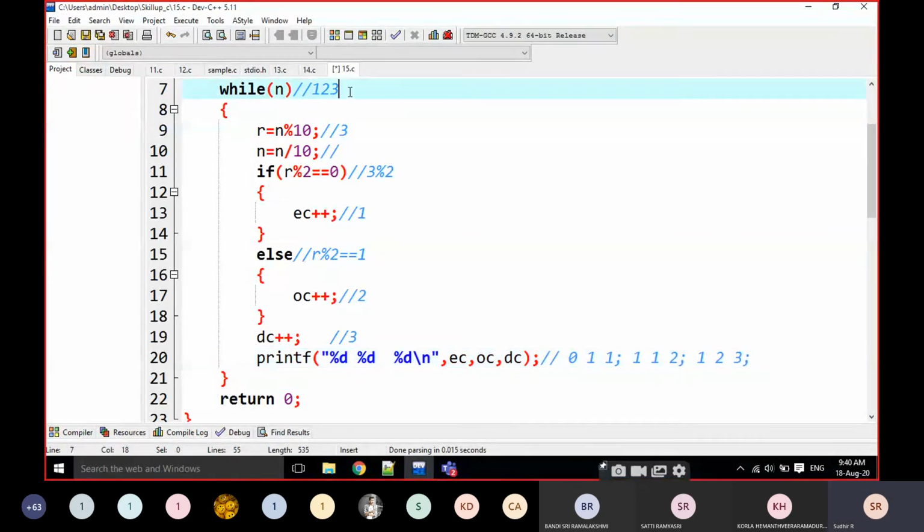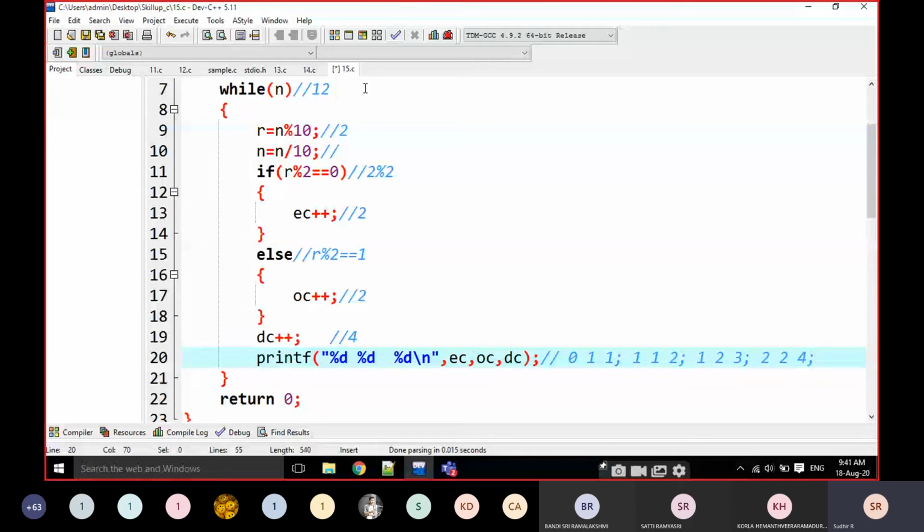Then it becomes 12. N becomes 2. Is 2 exactly divisible? Yes. Then EC is incremented to 2 and digit count is incremented to 4. Then the output is 2, 2 and 4.